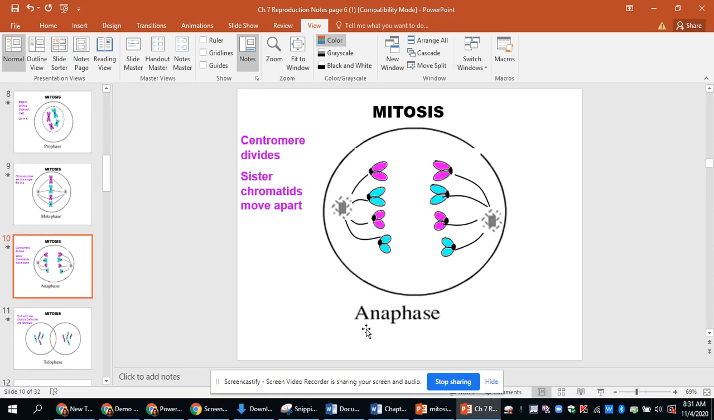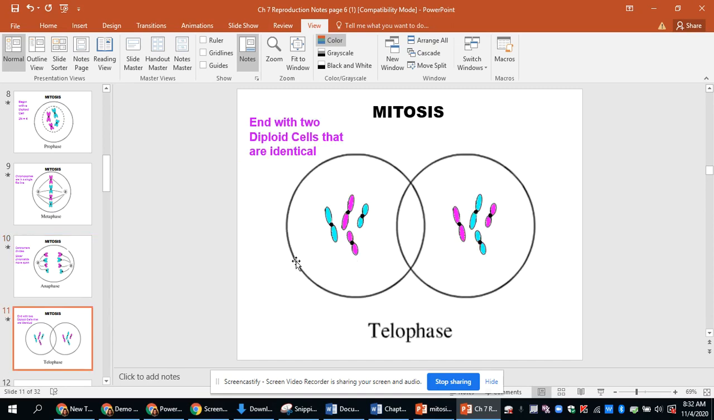During anaphase, they move away from the center because the centromere breaks and each sister chromatid moves to either side. Telophase, notice that